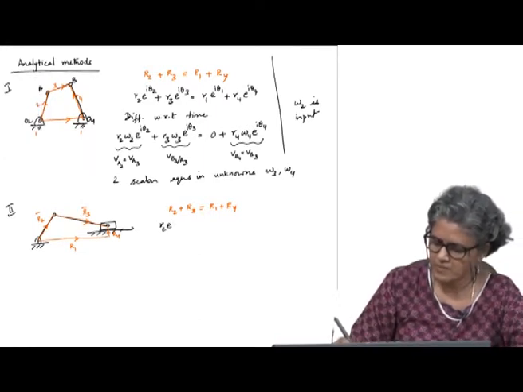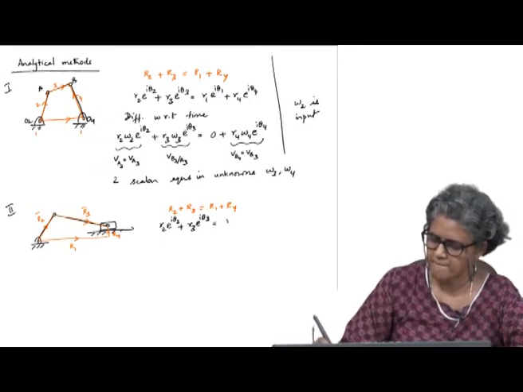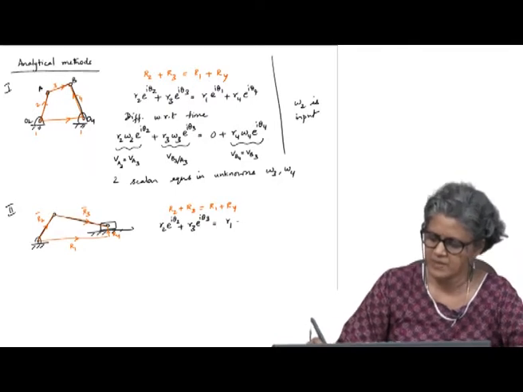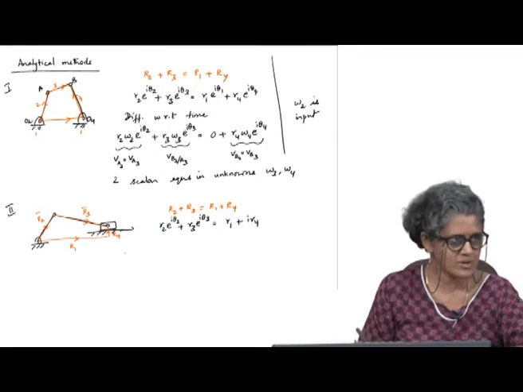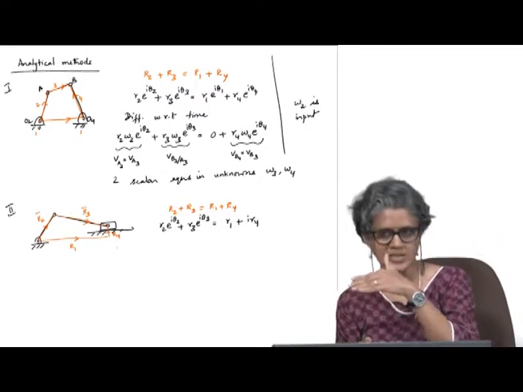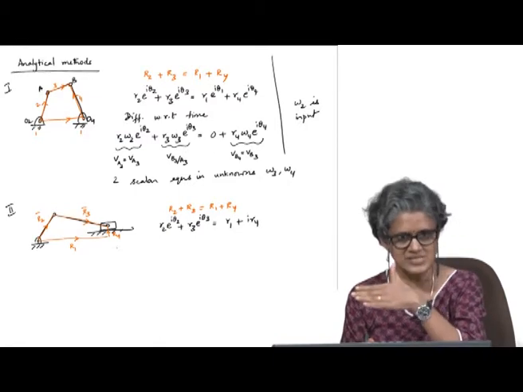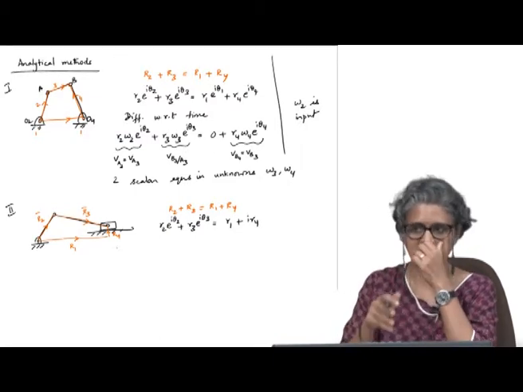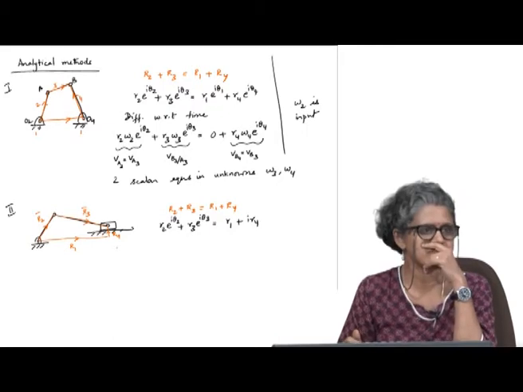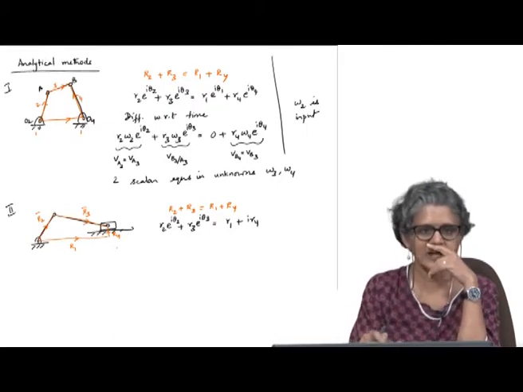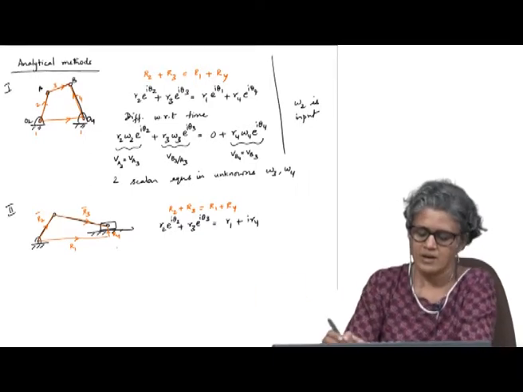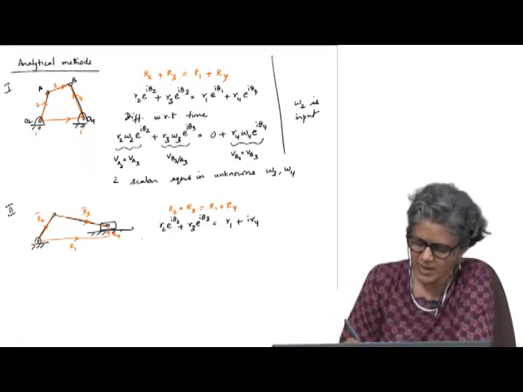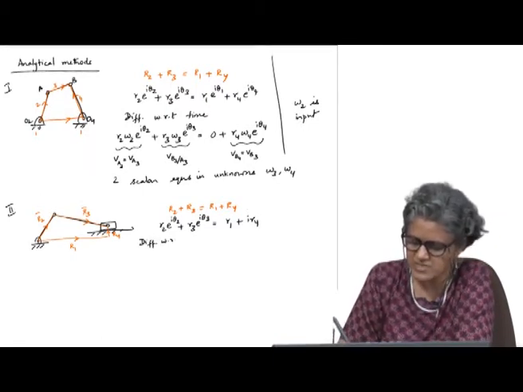R2 e power i theta 2 plus R3 e power i theta 3 equals R1 plus i R4, because we choose R1 and R4 such that R1 is parallel to the sliding path, and R4 is perpendicular to the sliding path, because it is easier to handle by separating out the sliding motion, because R4 remains constant. So, again now when we differentiate with respect to time,